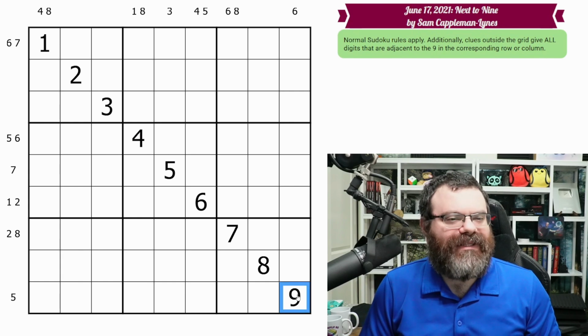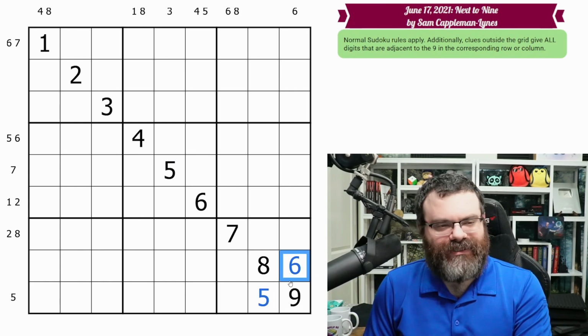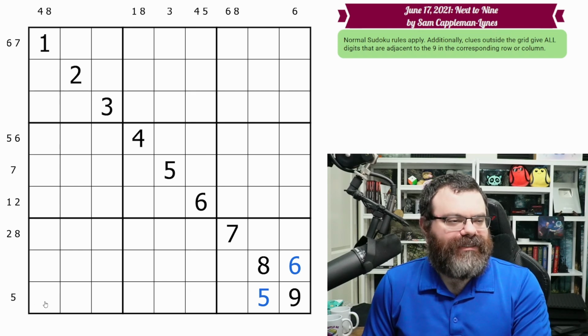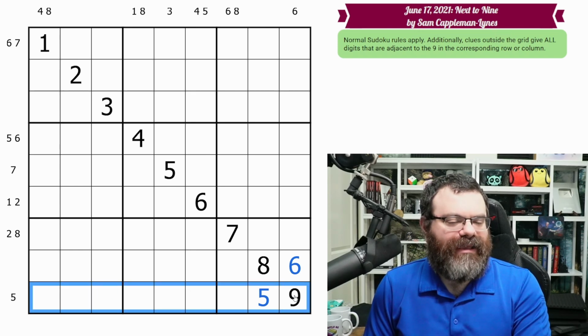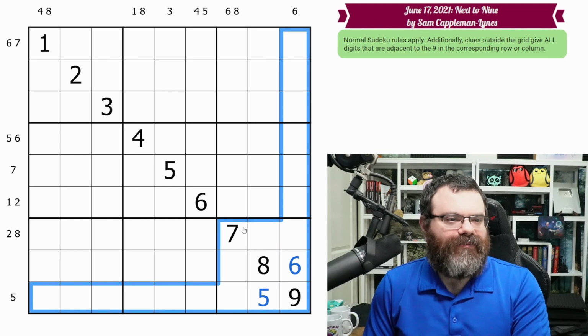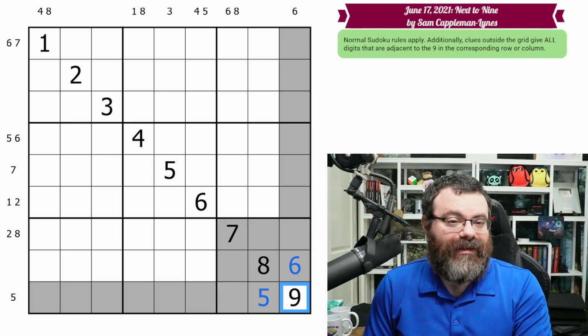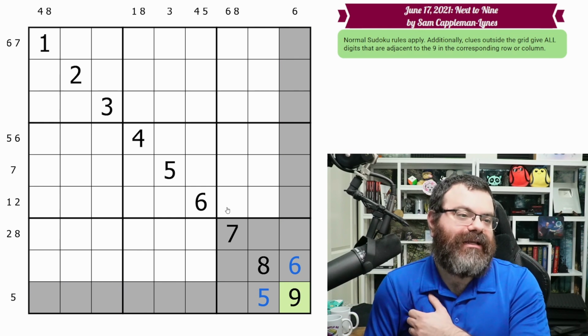Okay. So we have this 9 given, and we know there's a 6 and a 5 next to it. So that's our 5, that's our 6. I start there. What I'm going to do is, I think I'm going to track everywhere that can't be 9 with kind of a gray color. It may not be necessary, but I'll make 9s green,